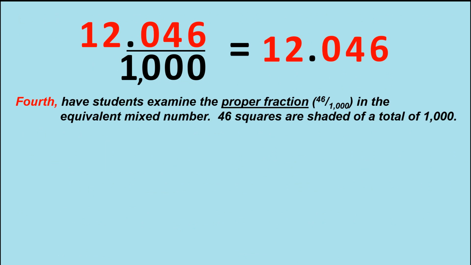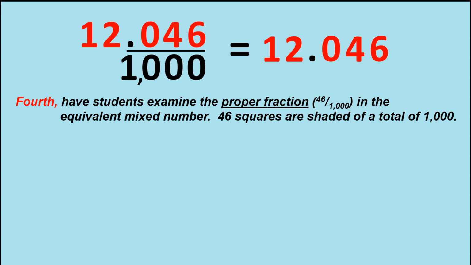Number 4, let's examine the equivalent proper fraction and the mixed number 12.046. Let's take the discussion back to the fundamentals of basic fractions. 46 thousandths means there are 46 boxes shaded out of a total of 1,000. This tells us a lot about the relative size of this decimal number, specifically that the decimal is between two whole numbers, 12 and 13, and that it is closer to one of those two whole numbers than it is